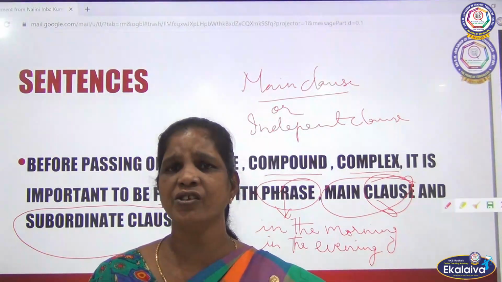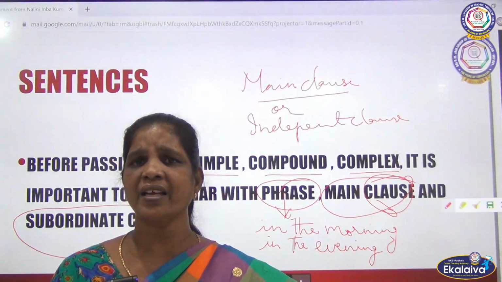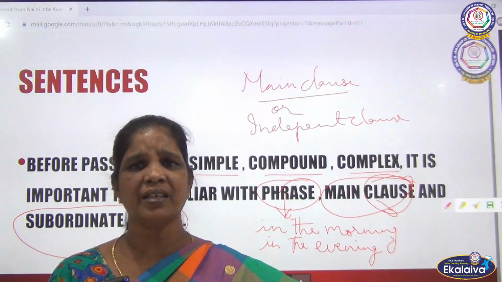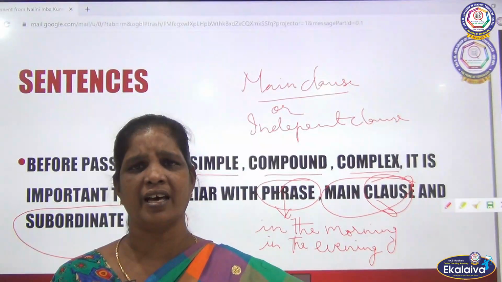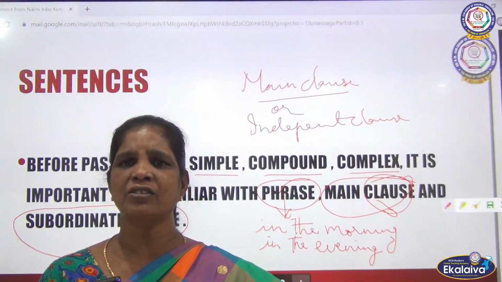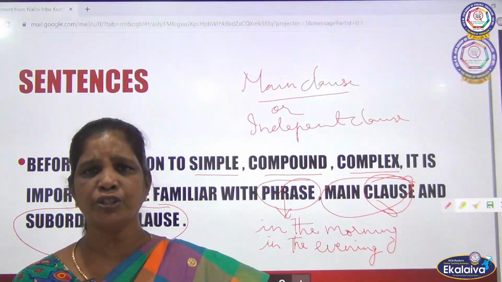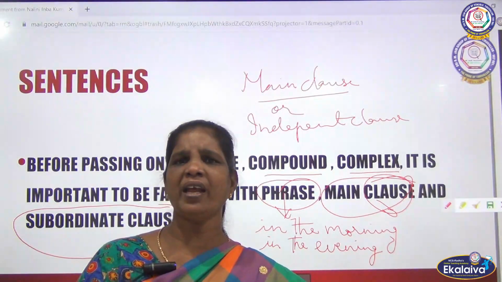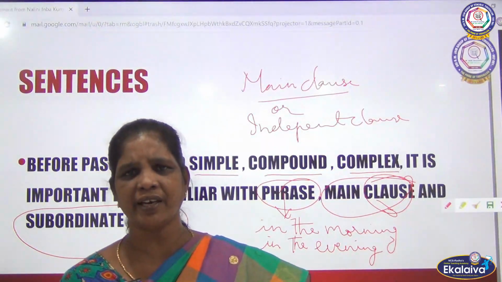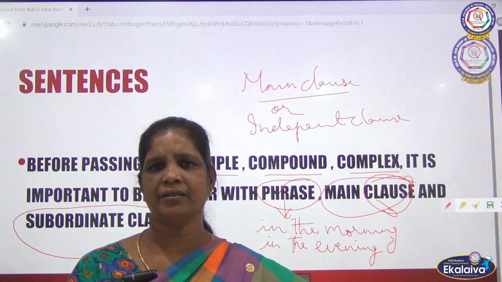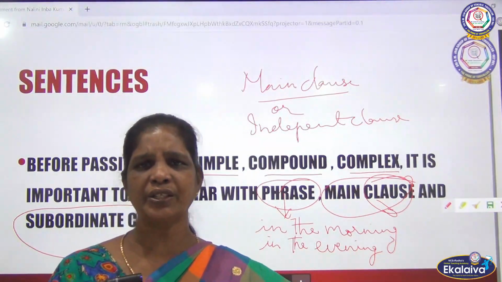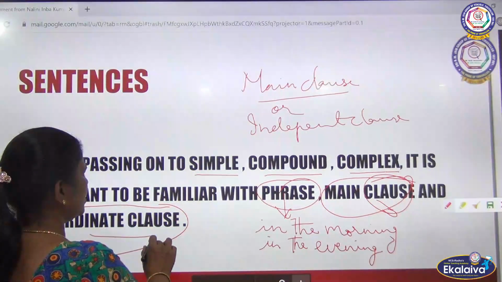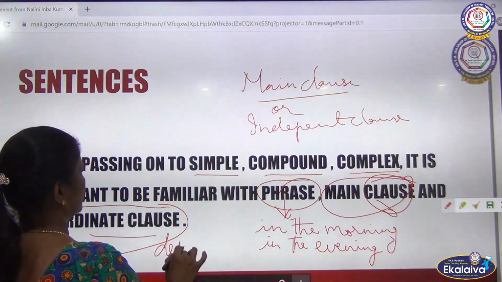For that, what is essential? You must know what is a phrase, what is a clause, what is a main clause and what is a dependent clause, what is an independent clause and a subordinate clause. Main clause and independent clause are the same, it can stand on its own. But a subordinate clause is not like that. It depends on something, so it is called a dependent clause or subordinate clause. So it is clear, children? You understood what it is? So here it is very clear. And what is a subordinate clause? Otherwise known as a dependent clause.